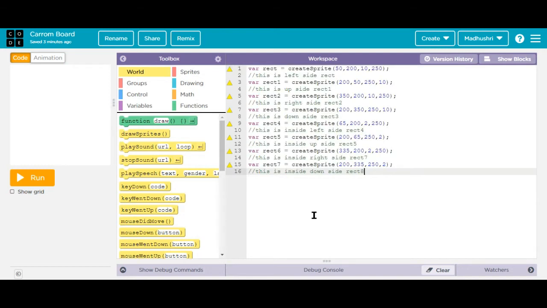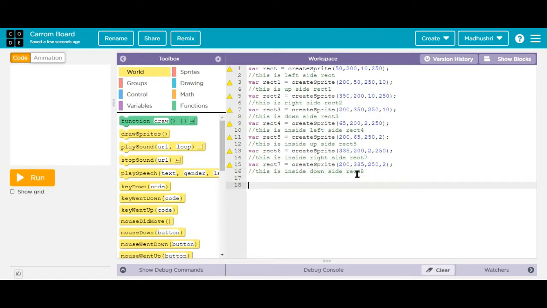For that I have written like this: variable rect is equals to create sprite, variable rect1 is equals to create sprite, and so on. This rect is the left side rectangle, rect 1 is the upside rectangle, rect 2 is the right side rectangle, rect 3 is the downside rectangle, and rect 4 is inside on the left side. I'll show you the output so you can understand. We have to write it like this.